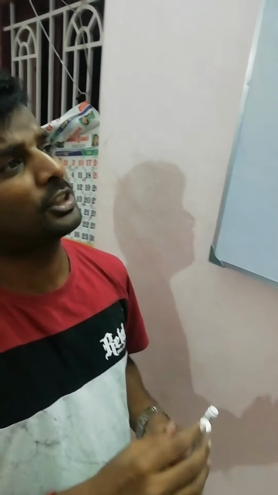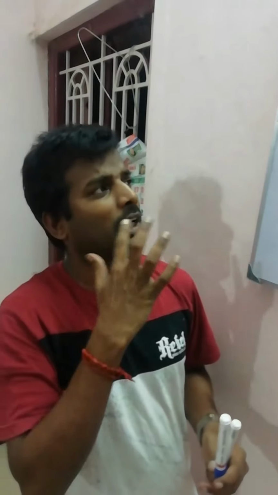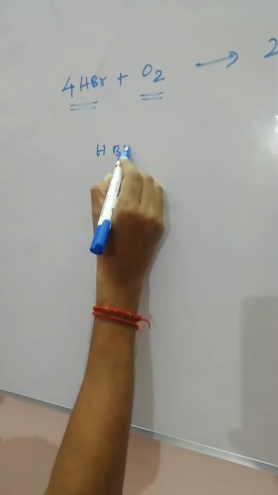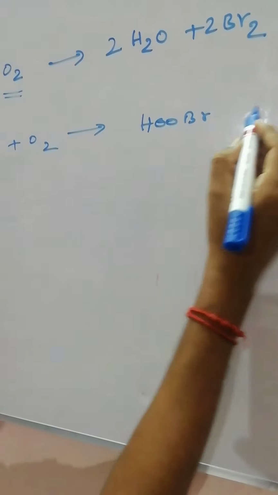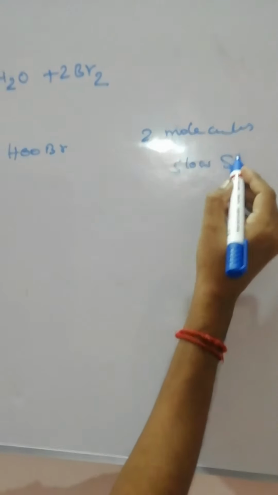Step 1 is the slowest step, and we call that step the rate determining step. The remaining steps are fast intermediate steps, and the final step is the product formation step. So the steps are very important in this reaction. Each step is bimolecular, 2 molecules involved in each step. So it undergoes bimolecular kinetics. Now HBr plus O2 gives HOOBr. This is bimolecular, 2 molecules involved. This is a slow step. The first step is always a slow step.